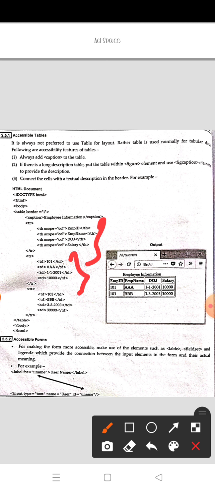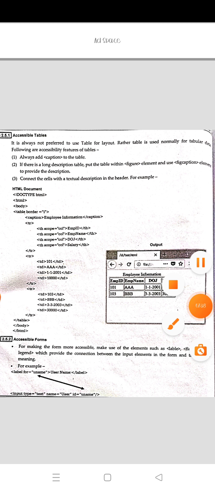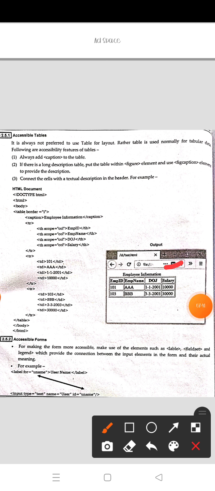Then this is the table data we enter: employee ID is 101, employee name is AAA, date of joining 1/1/2001, salary 10,000. So for table accessibility, first we have to provide the table caption, then the table header with the textual description.